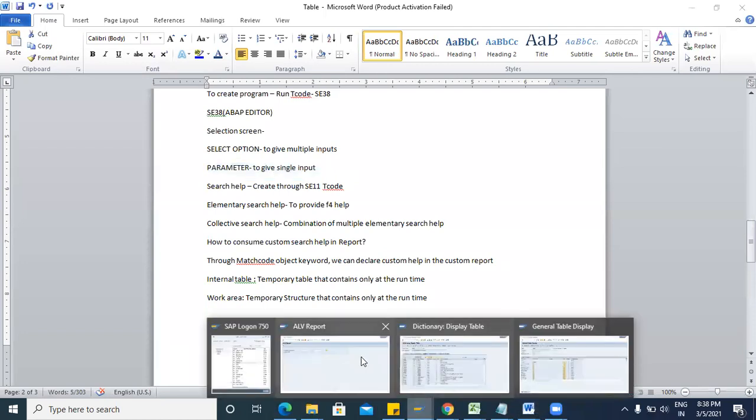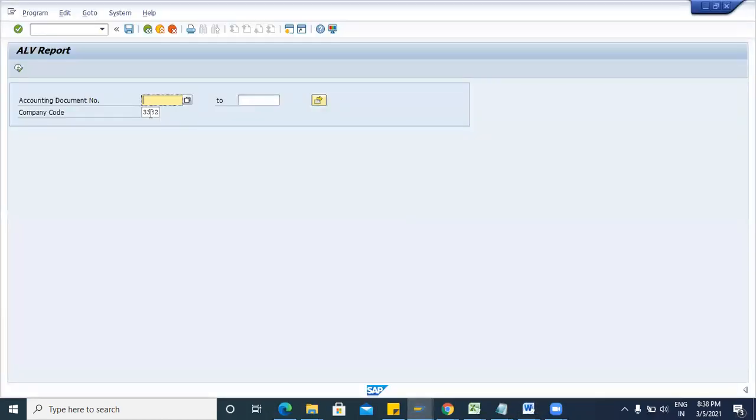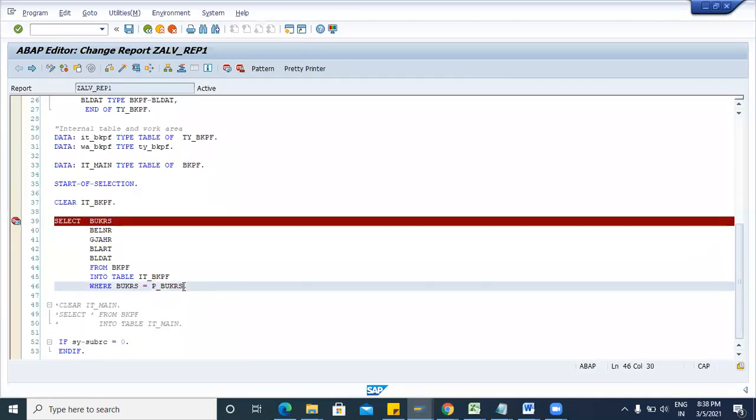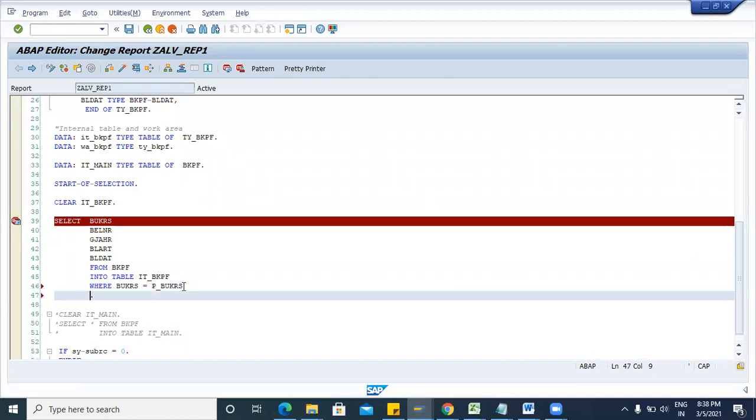Okay. So now I will link this accounting document number also, with s_belnr. If you are using select option, then you have to use the keyword IN. If you are using a parameter, then you have to use equal. Field name equal.